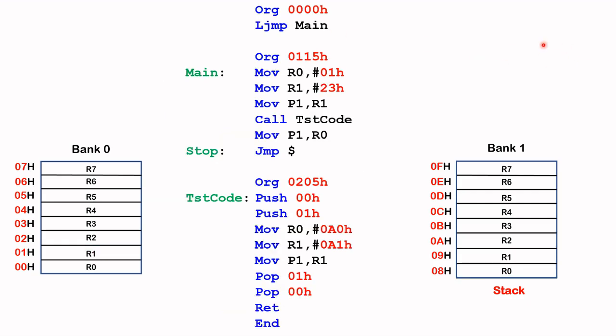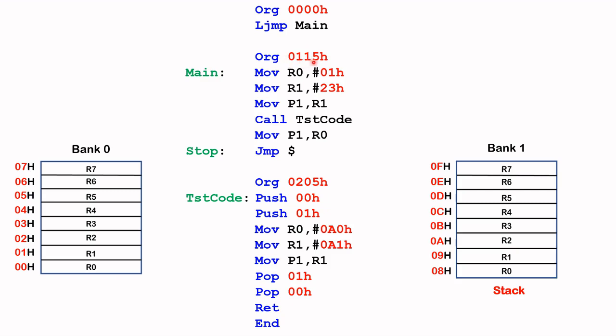Okay, let's take a look at another example. Again, I repeated the register bank 0 on this side of the code, and on the other side, register bank 1, which is the designated stack. So the program again starts at 0000 hex. First instruction, ljump main, takes us to this point here, which has a start address